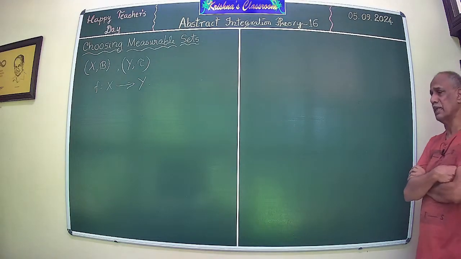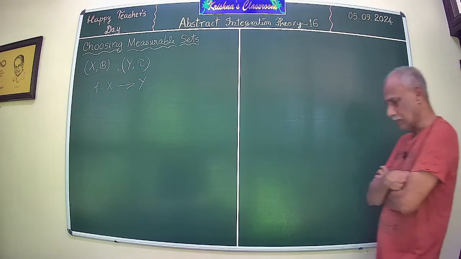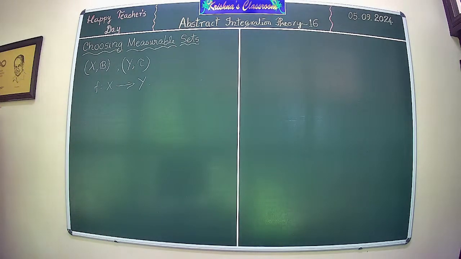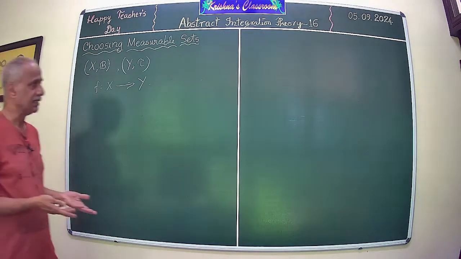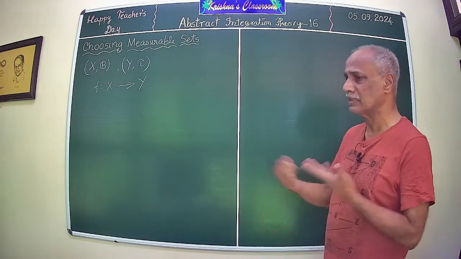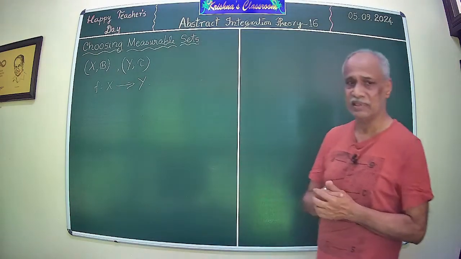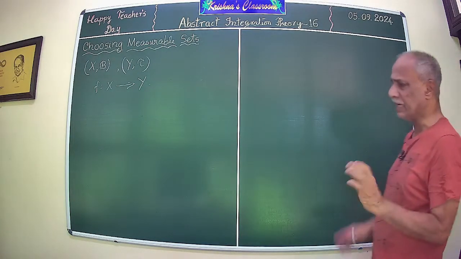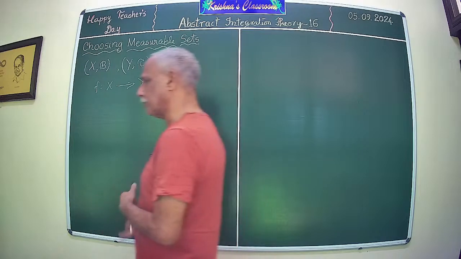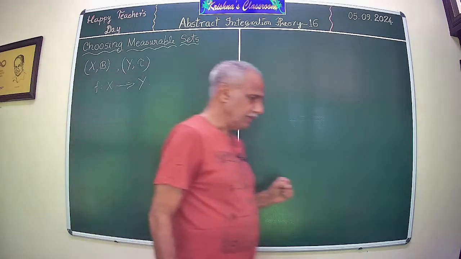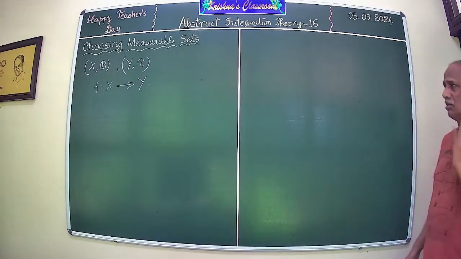All intervals are measurable, and whenever the subset is an interval, its Lebesgue measure turns out to be the length of the interval. It's a very genuine, natural extension. And then we proceeded to the next step of developing integration. Now we are in the process of generalizing all these ideas.